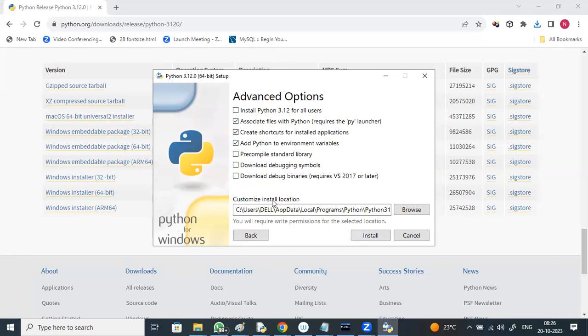It asks for the installation location, so no need to select anything here. The installation location is C, Users, Dell, AppData, Local, Programs, Python, Python 3.11, right?